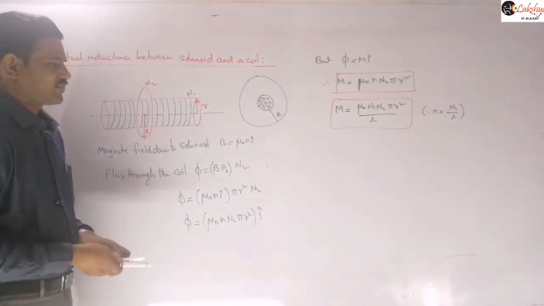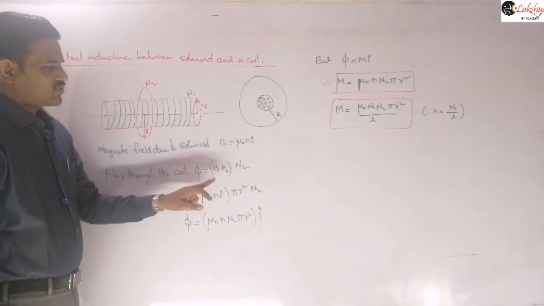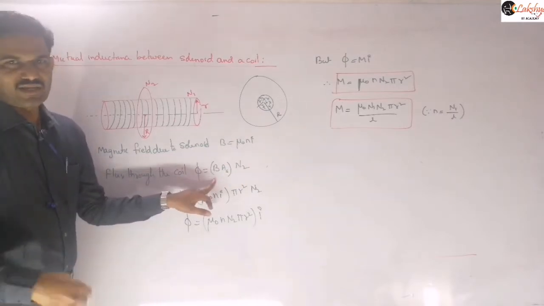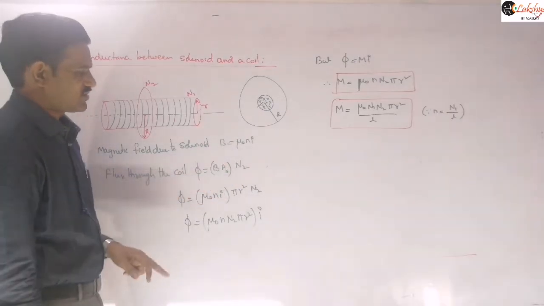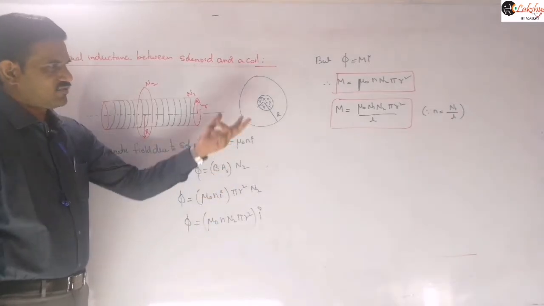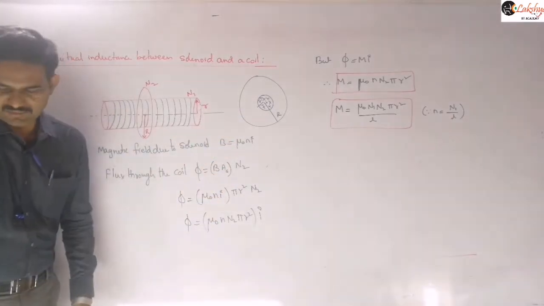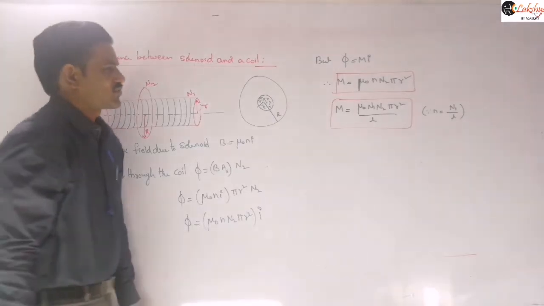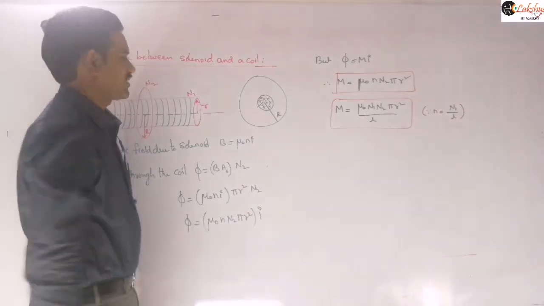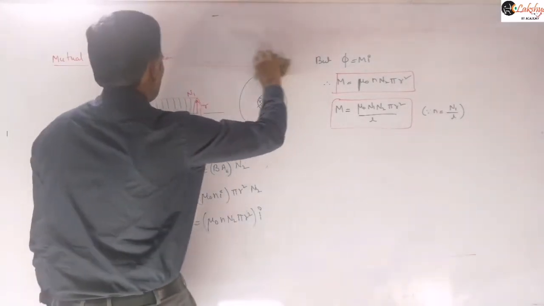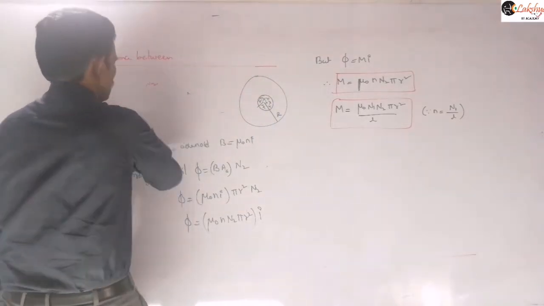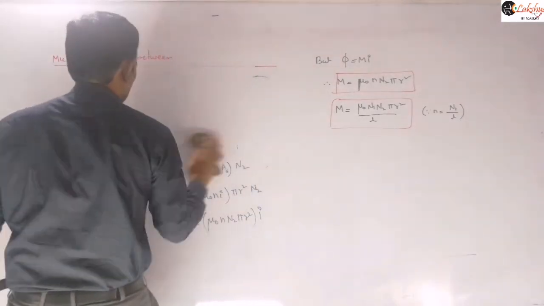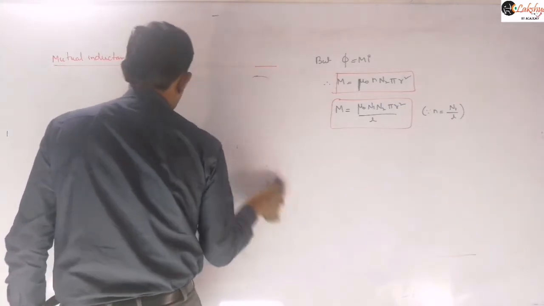So the magnetic flux produced by the solenoid I am writing here. So then the flux passing through the circular ring I am writing here, B into A into number of turns of the circular ring. And just this I value we can equate with the Mi, so that I value will be cancelled there, right. So it is a magnetic induction due to that. And next mutual inductance due to that, right. And so now we can do some other calculations here. In a similar way you can do the other calculations there. Whenever these other problems are given, you can do such calculations with the help of this.